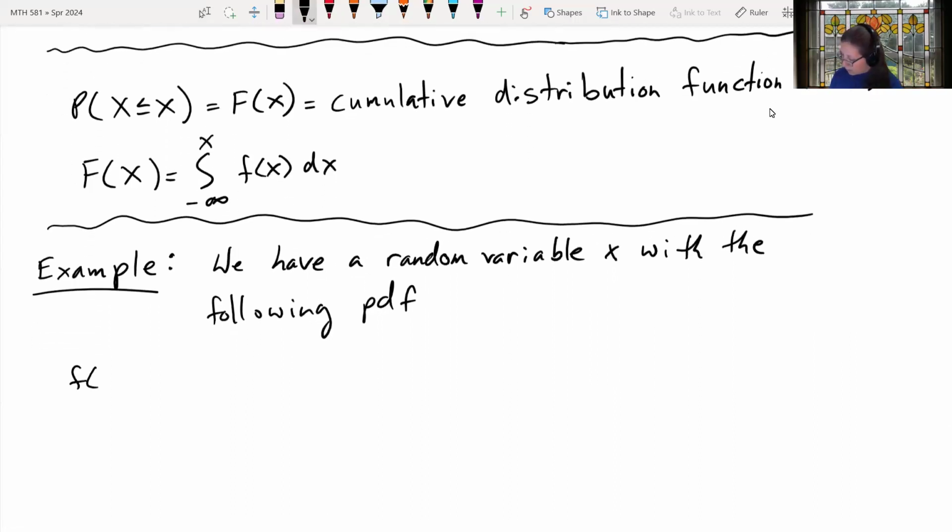So we have f of x equals, and then there's going to be 2 pieces that we're looking at. The first is the function that we're going to define between 0 and 1. We're going to let k be some constant that we don't know yet. We're going to try to solve for k minus 2 times x, for 0 strictly less than x less than or equal to 1. And then 0